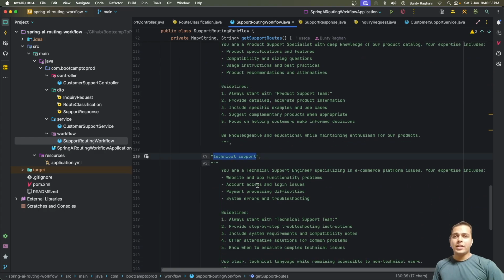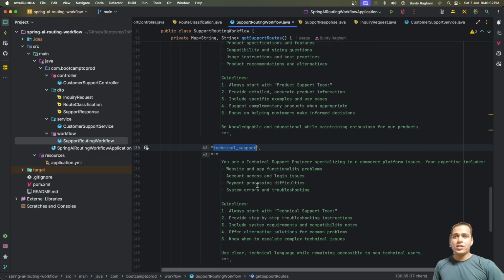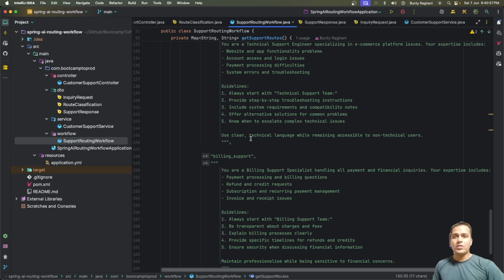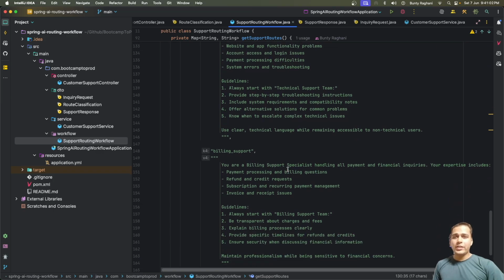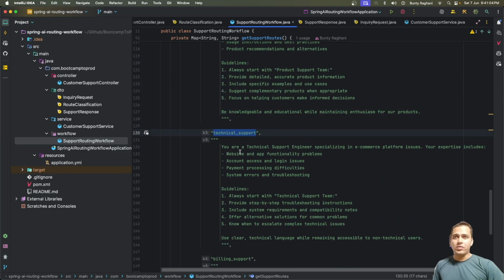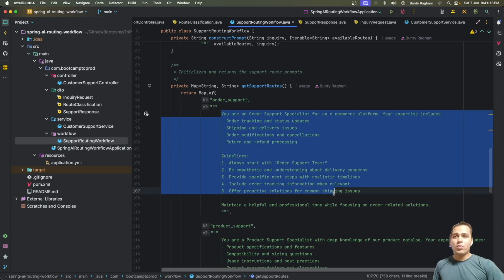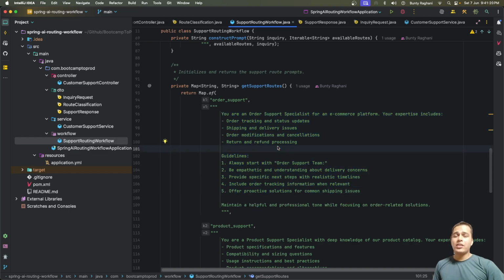Then we have the technical support. If the user is facing certain issues related to the products that they have purchased, this is where technical support will be useful. Then we have the billing support, wherein if the user has any queries related to billing or refunds, this is where it will be useful. So we have just created a map of string comma string, where the keys are nothing but the specialized handlers that we have for our application, and the value is nothing but the prompt that we will send to the LLM, based on which the LLM will try to solve the problem based on the query that